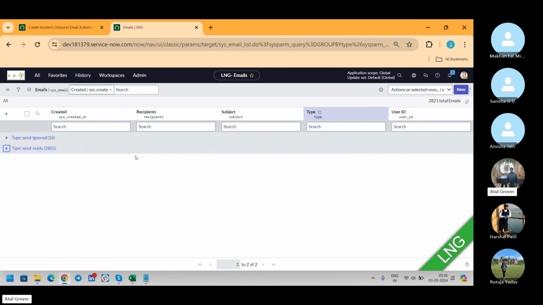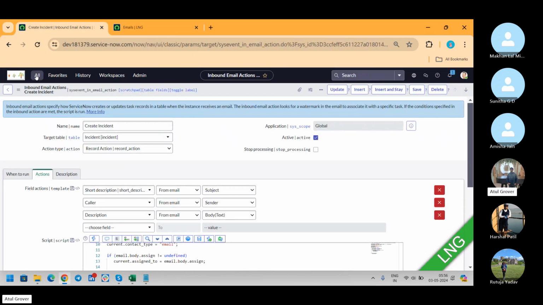सो दिस इज द फर्स्ट प्लेस टू फाइंड आउट कि दैट ईमेल इज लैंडिंग इन सर्विस और नॉट। इट्स लाइक अ इंपोर्ट सेट, पहले यहां आएगा, उसके बाद वो आगे प्रोसेस होगा, ठीक है। नाउ इफ आई गो बैक हियर एंड ओपन द इनबाउंड एक्शन,